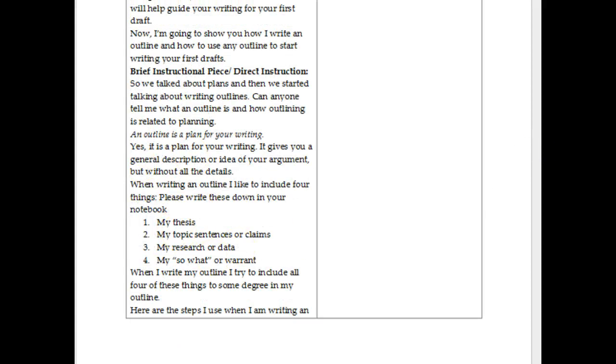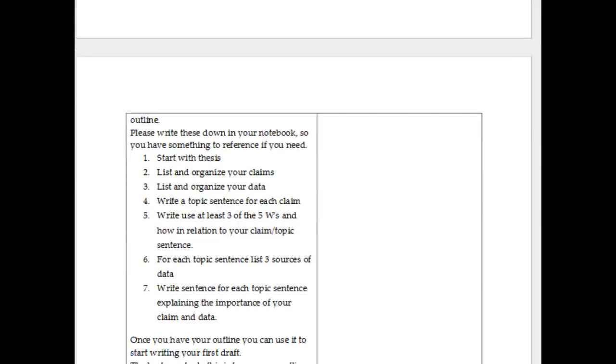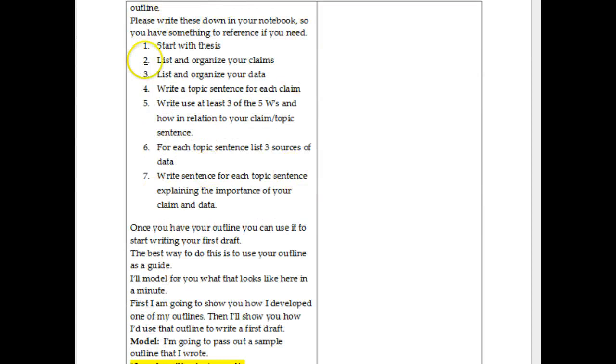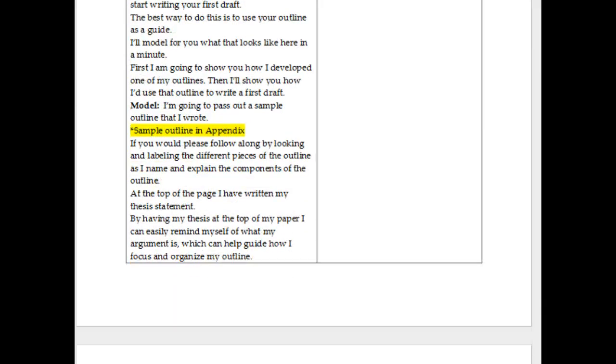Let me scroll down so I can talk about some of the specifics. Okay. So this is great, right? That, instead of doing Roman numeral 1, A, 1, 2, B, 1, 2, it's like, what's the thesis? And then what are your 2 or 3 ways you're going to back up the thesis? Like, what are your 2 or 3 claims? What's your data for each claim? Right? Think about the 5 W's. This is just so well done. I love it. Because it really allows them to see where they should be going in your paper and to think about the different ways in which we organize.